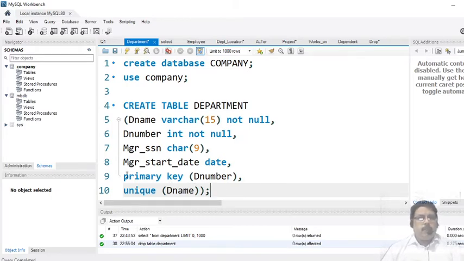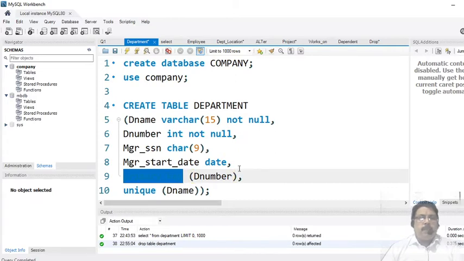Primary key we will use when you want to join the field of this table with another field of the other table or the same table. I will come to that. What do you mean by joining the field of the same table with another table, and joining the field of the same table within the table? That we will discuss when we go for the employee table.